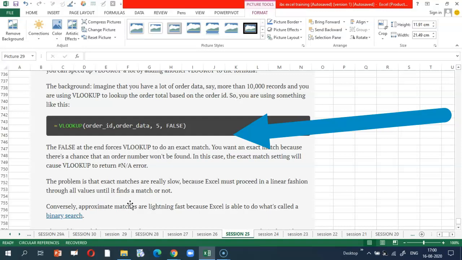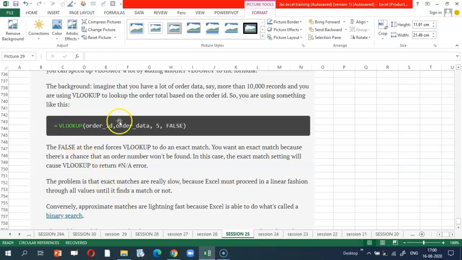Imagine that you have a lot of order data, say more than 10,000 records, and you are using VLOOKUP to look up the order total based on the order ID. So you have a formula something like this. The FALSE at the end forces VLOOKUP to do an exact match.